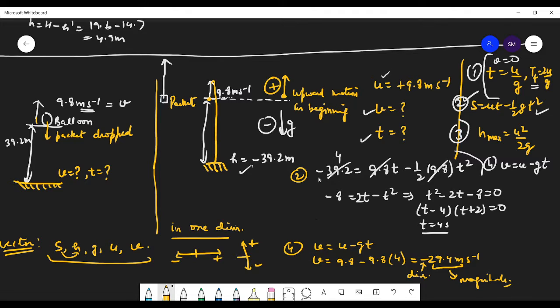Is this clear to everyone? Here also, this was the direction we have taken, that it is displacement downward, and this is the magnitude we have taken. Is this clear? Only G we have already taken, while deriving this formula, as minus G. So A is equal to minus G while deriving this formula. So always put in these four formulas G is equal to plus 9.8 meter per second square. Am I very clear? Yes, sir. Okay. So students, attempt the question the way I am telling you.